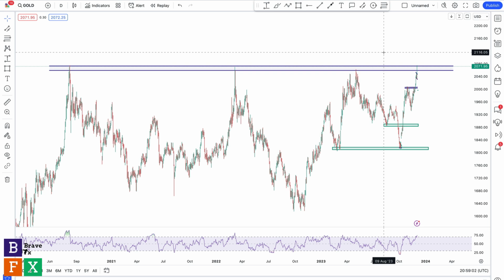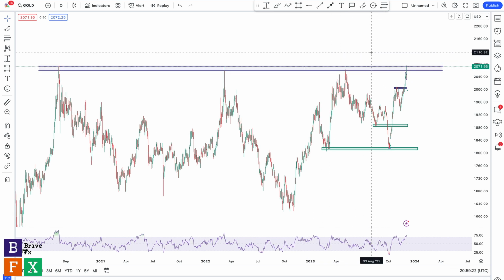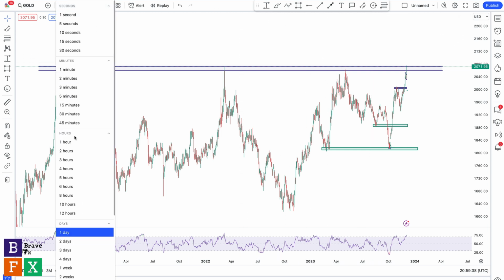So in this video, we're going to take a look at the bullish case scenario and the bearish case scenario for gold, and I hope this helps you spot a good trade opportunity for this week. So this is a daily time frame. As you can see, we have our clear area of resistance: 1, 2, 3, 4. So we have 4 price touches. And remember, the simple rule of technical analysis states that when price hits a certain level too many times, it's bound to break. So I think there's a good chance gold breaks the all-time high this time and we head for clear skies. So I'm going to go down to the lower time frame, which is where we are going to be taking our trades, right?